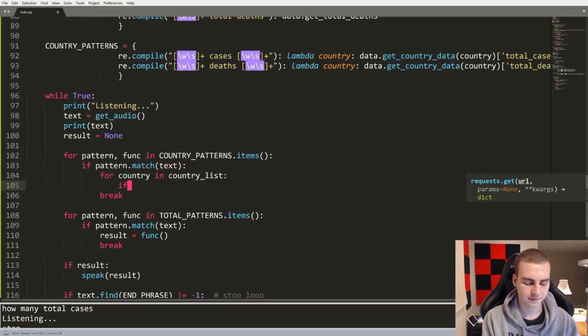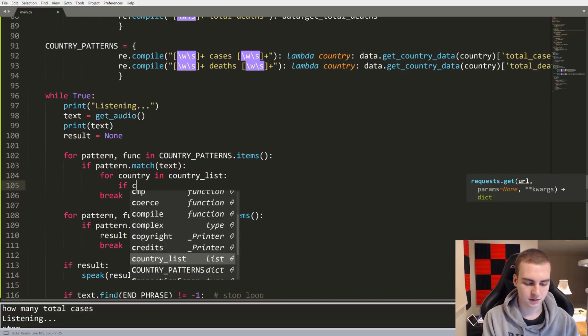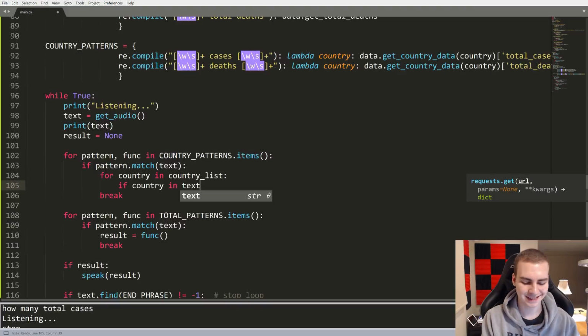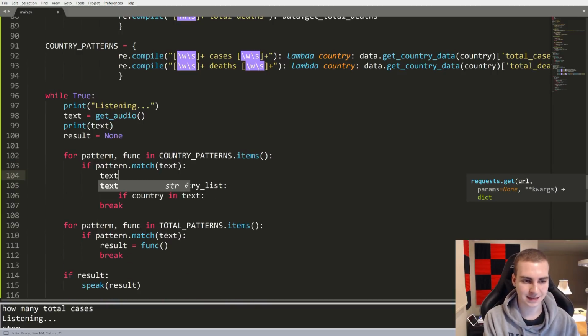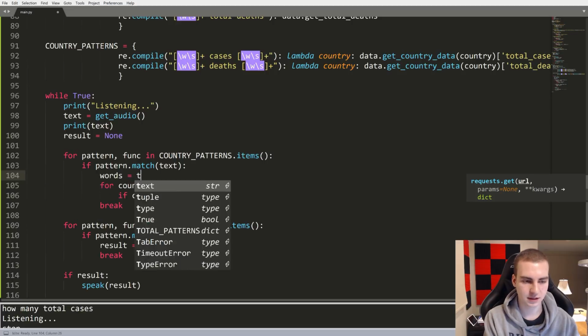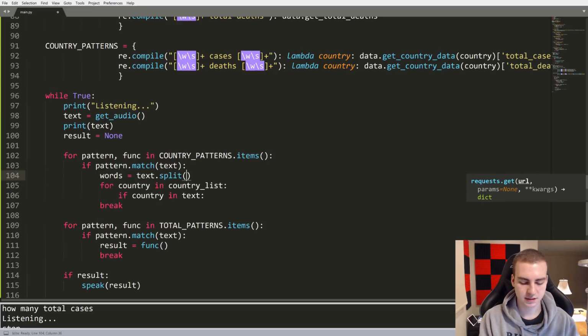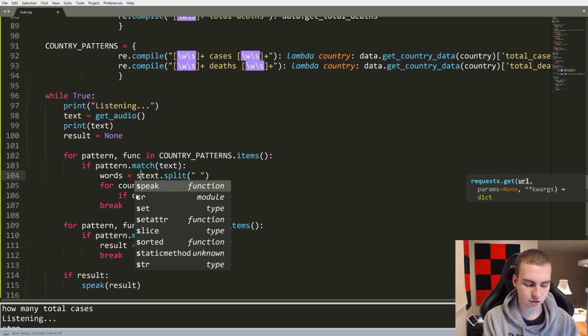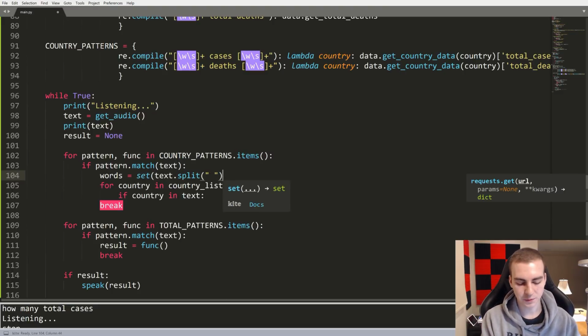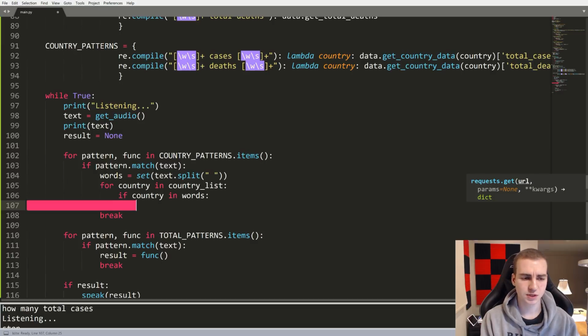And we'll say if country in text. And in fact, it makes it a little bit faster for us. What I'm going to do is say words equals text.split at space, and we'll actually put that into a set so that we can check very easily in O(1) time if the country's in the text. So we'll say if country in, not text, but in words, then what we'll do is we'll say, okay, result equals the function of